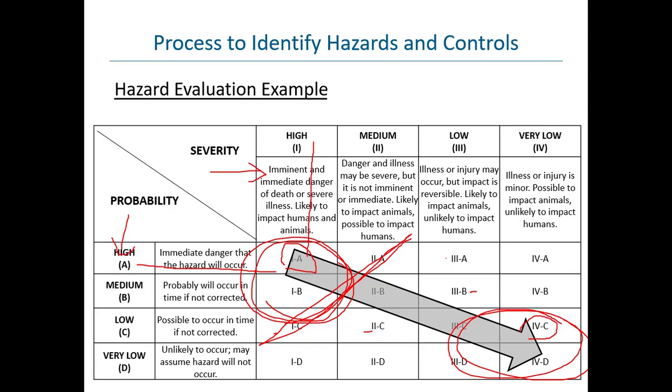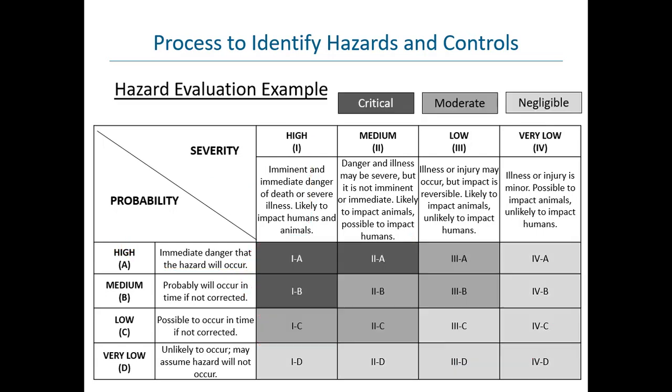A couple examples of how we can use this. Here's one. In this situation, this company has a 3-tiered system. So what this is meant to represent is that these ones right here, these dark colored ones, are in the critical category. They're the really high risk situations. These 3 boxes, if any hazard falls into one of these 3 boxes, they are going to get a preventive